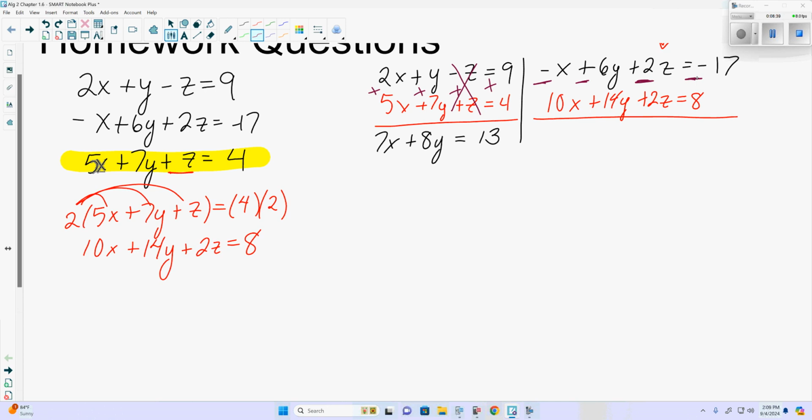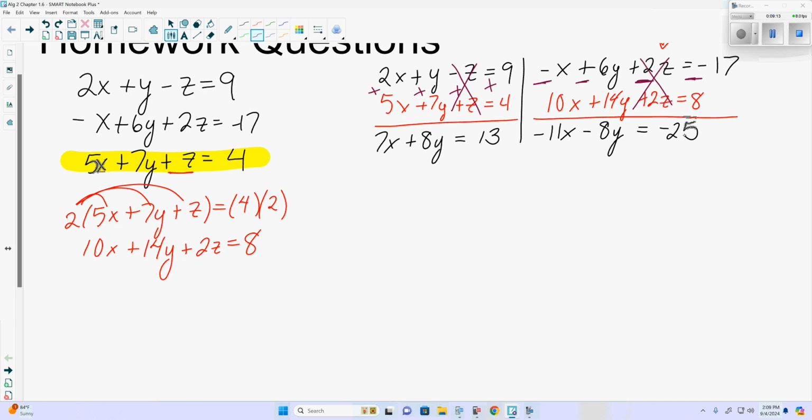Our first one, negative x minus 10x, negative 1 minus 10 would be negative 11x. 6y minus 14y would be negative 8y. 2z minus 2z is 0, just like we wanted. Negative 17 minus 8, negative 25. Okay. So we got it from 3 equations with 3 variables down to 2 equations with 2 variables,